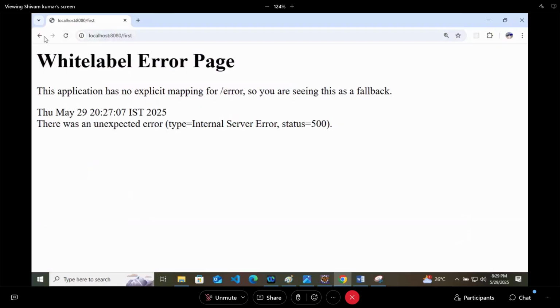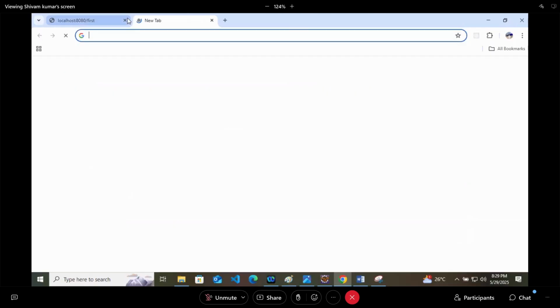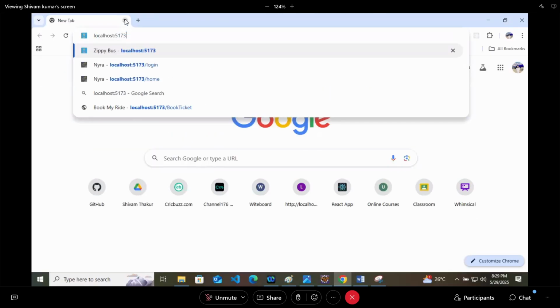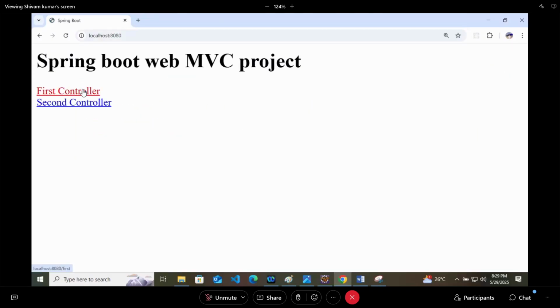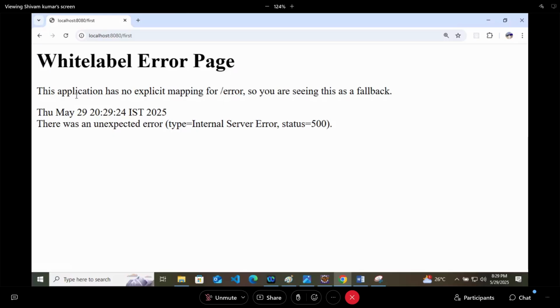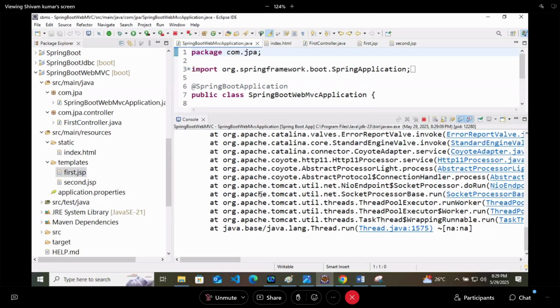But our first controller is getting called here. Why is it not returning us this particular page? It should return us this page.